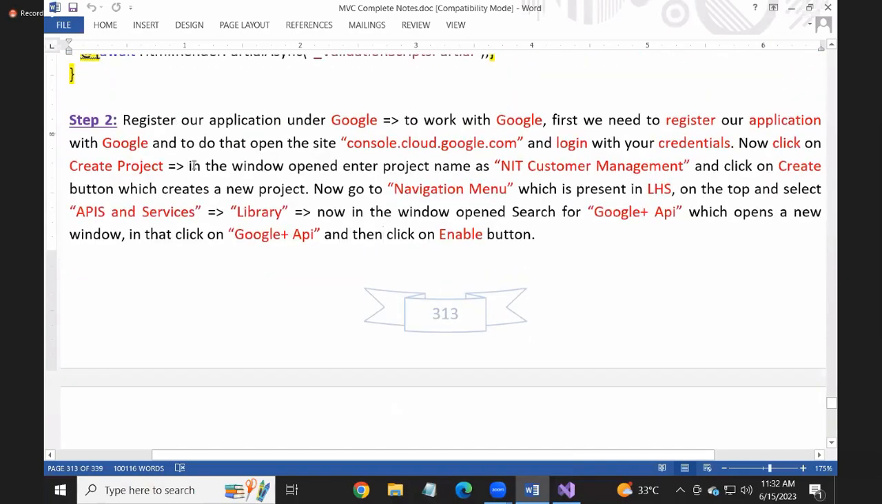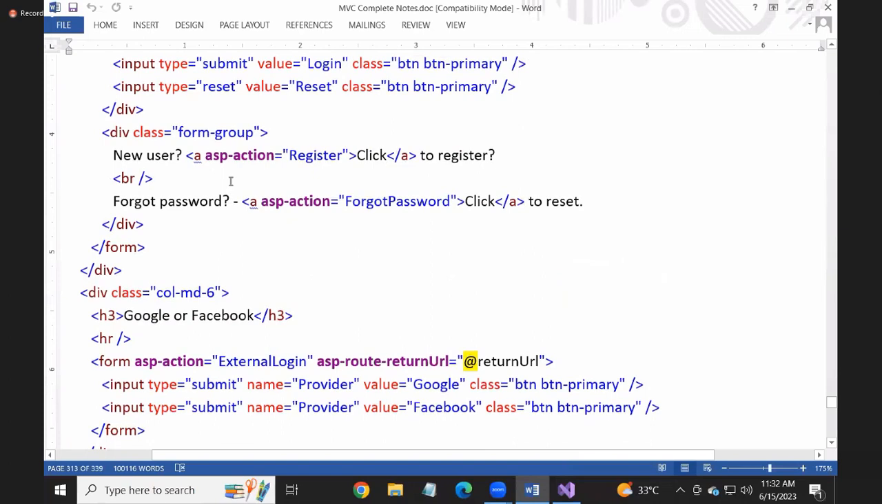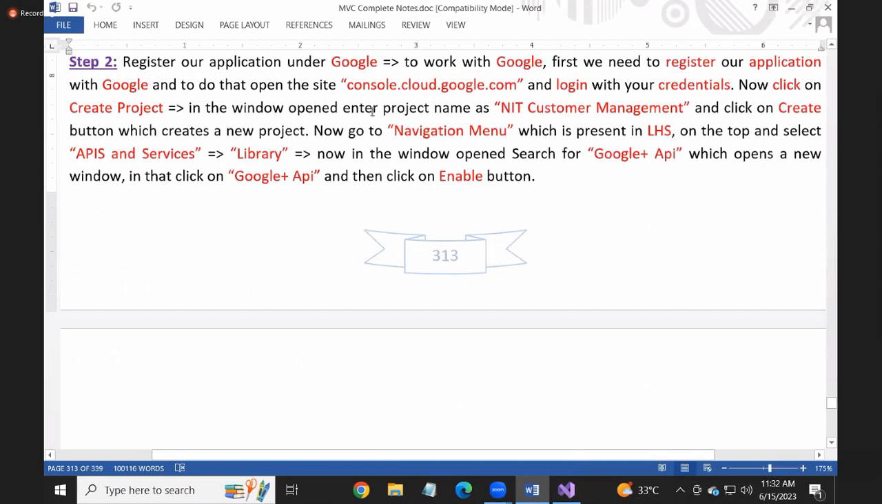okay. So last day I created the login page for you. One side we have the NIT login option, another side we have Google or Facebook login options. And now what we want to do is register the application in Google. So let's start with Google first. How to register? There is a site called